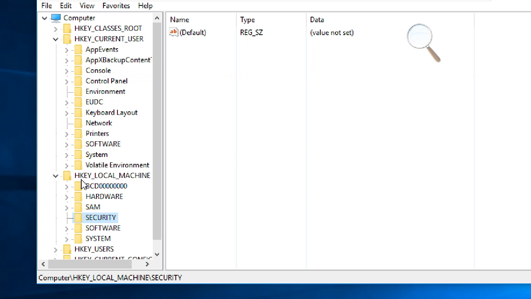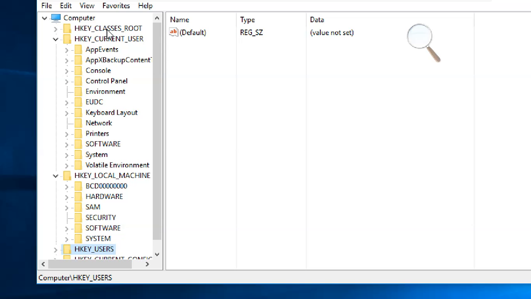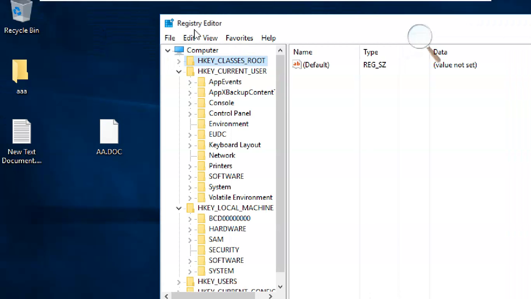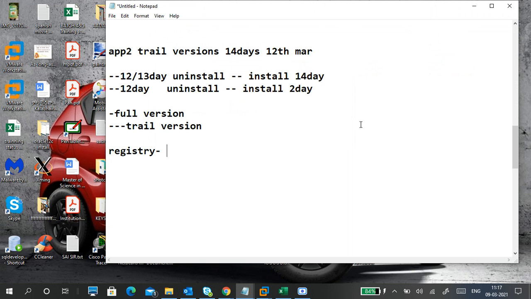This is current user information, this is all user information, this is class root, like all shortcuts will be there. So you have to find that particular application. We didn't install any separate applications here, so we can't see it. So you have to find that application related entries in the registry and remove all those things.